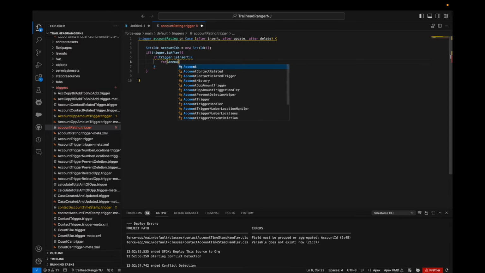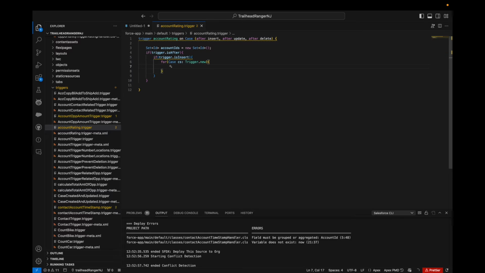So for Case cs, we'll loop over Trigger.new. After going over Trigger.new, we'll add its ID here, that is cs.AccountId, and that's it. For Trigger.isUpdate we will perform the same,